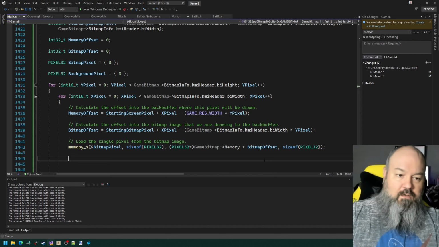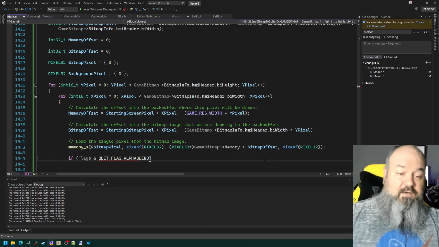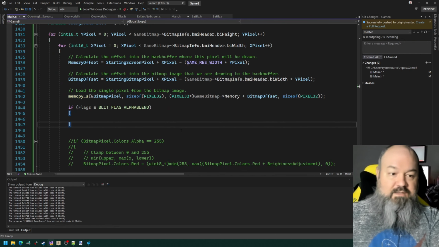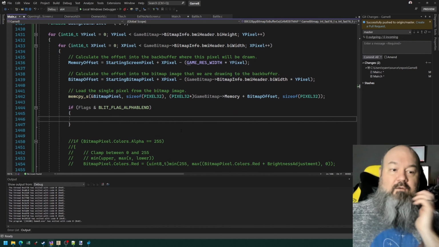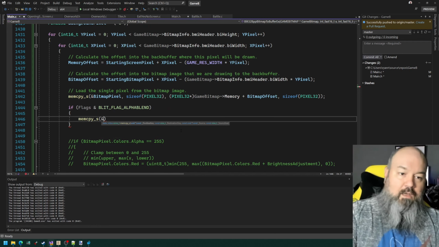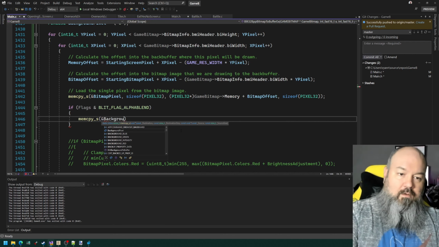Okay, and then say if flags and blit flag alpha blend, was it? Okay, so if we are alpha blending, then we're going to make an extra mem copy here, and we are going to copy the background pixel,